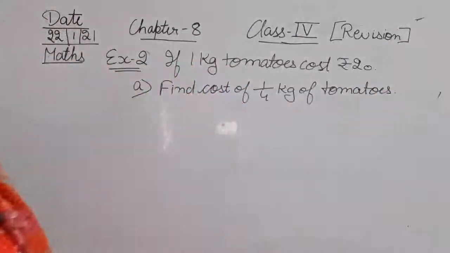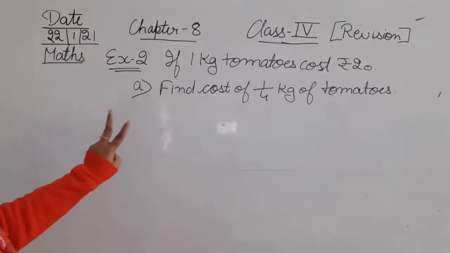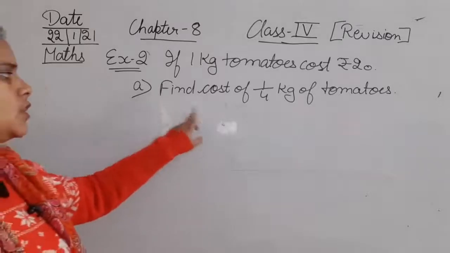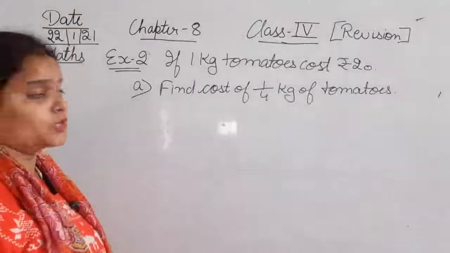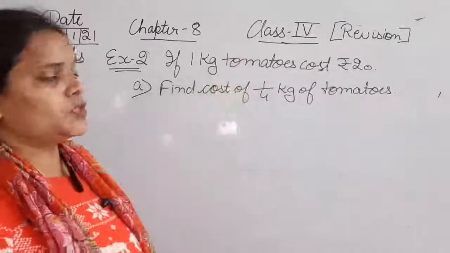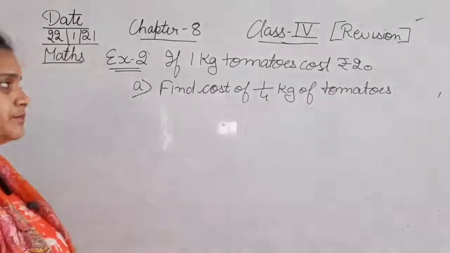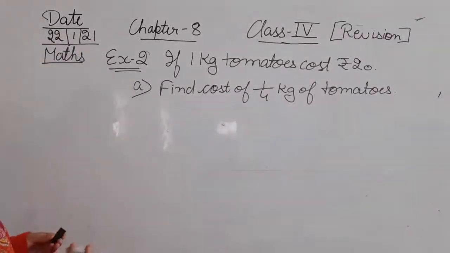Okay, if the cost of 1 kg tomato is ₹20, now the question is given in the A part. If this sum is divided into 2 parts, the A part is: find the cost of 1/4 kg of tomatoes, if the cost of 1 kg tomato is ₹20. Okay, तो लिखिए